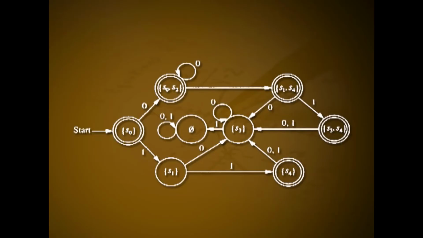Note that the empty set is one of the states of this machine because it is the subset containing all the next states of S3 on input of 1. The start state is set S0 and the set of final states are all those that include S0 or S4. You can see in figure 8 the deterministic automaton which is equivalent to the non-deterministic automaton which we have seen in the previous example.